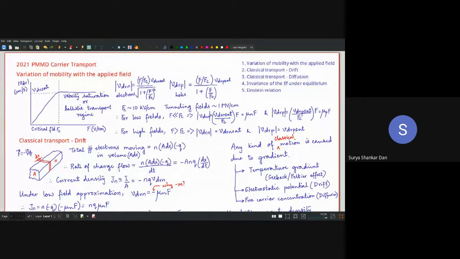So today is the beginning of the concept of carrier transport, and thereafter we will essentially go into the most important factor, which will essentially give us currents in the devices. Okay. So first and foremost, we have to keep in mind that when you are speaking of the material itself, let's not discuss specific devices and all. So what are devices essentially?